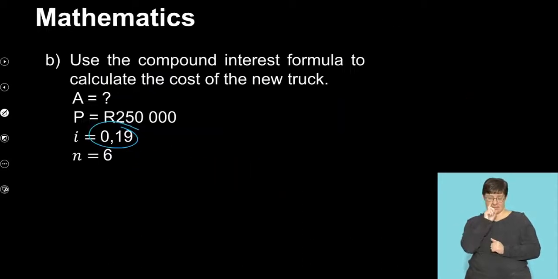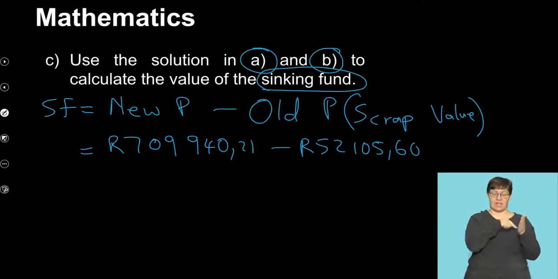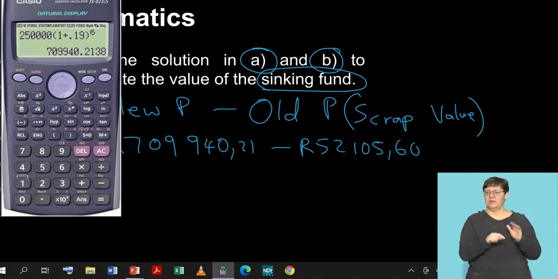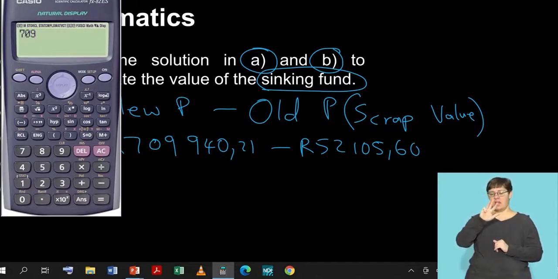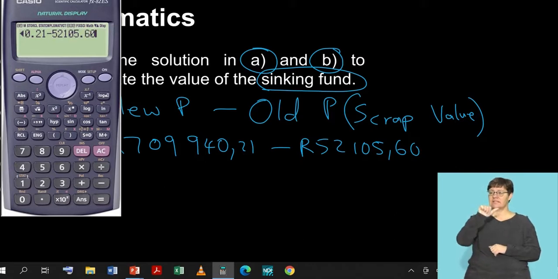I will just quickly verify that. Yes. So we are on the right track. And then you just go straight to your calculator and you subtract 709,940.21 minus 52,105.60. And then you find that